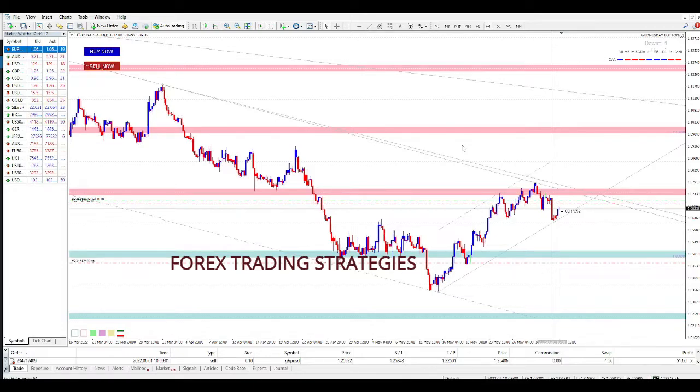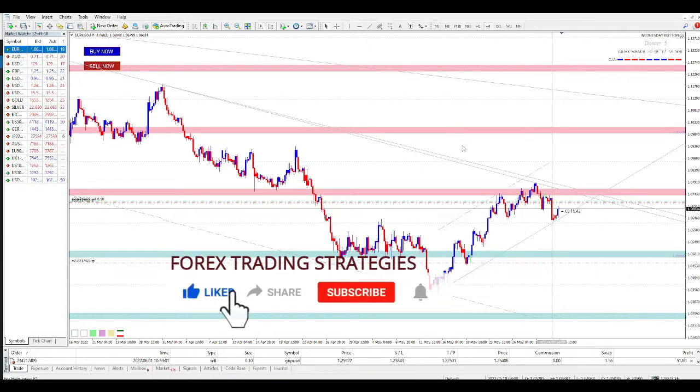It looks like the sky is falling on me and stuff like that. But my rules, according to how I trade, I need to hold on because I trade higher time frames. I'm a swing trader. I need to hold on. If it takes me out, that's fine, but it gives me another opportunity. I again sell. If it then turns around and shows me that it wants to buy, then I buy.